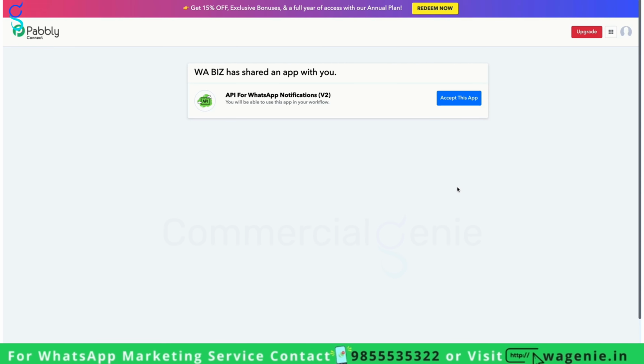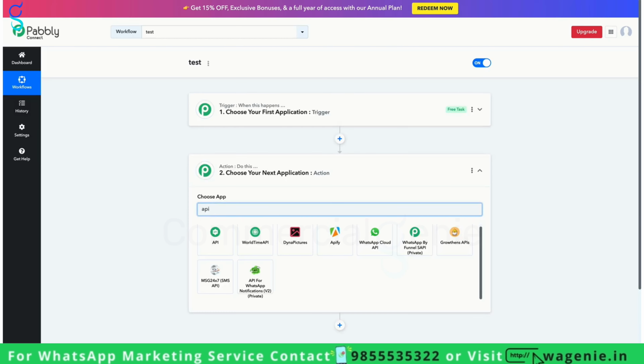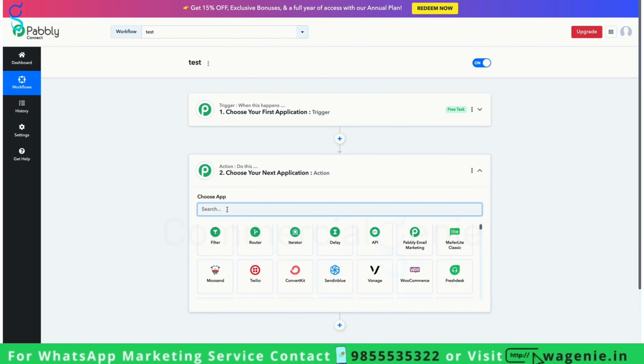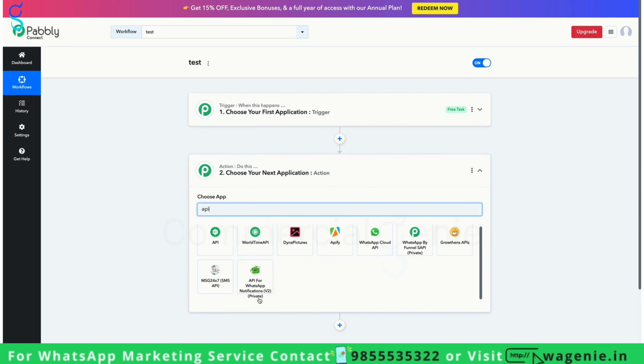Can send messages via Pabbly for the new channel version 2. Once you open the Pabbly link shared, it will take you to this page. Click on accept this app. And once you have accepted the app, then you can search in the action option in Pabbly for